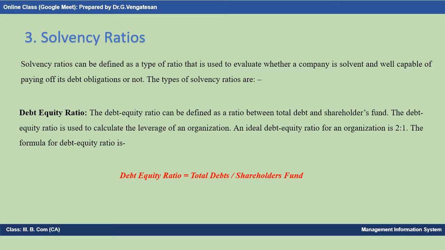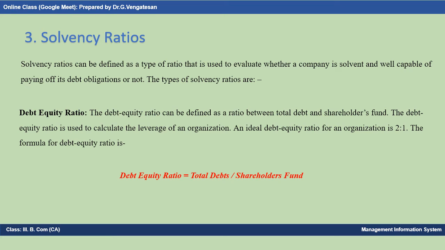This debt equity ratio means you will extend the fund to the outsiders and shareholders to acquire the asset of a firm. In other words, it is calculated to measure the relative claim of outsiders and owners against the asset of the firm. This debt equity ratio is also known as external internal equity ratio or debt to net worth ratio.